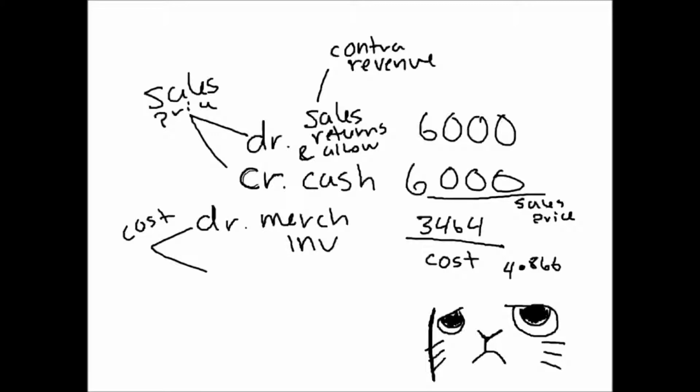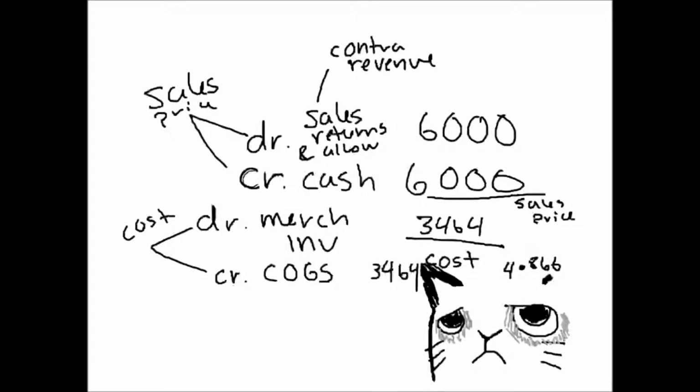So what is the last piece? What is that last journal entry to reverse what we did earlier? COGS. We have COGS, cost of goods sold. So what are we going to do to cost of goods sold? Are we going to debit or credit cost of goods sold to reverse the sale? We're going to credit. Good. We're going to have a credit to cost of goods sold for the cost of goods sold, which is